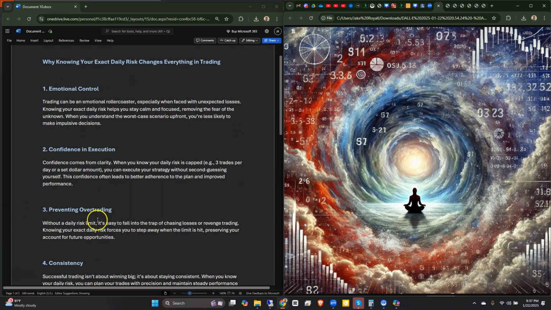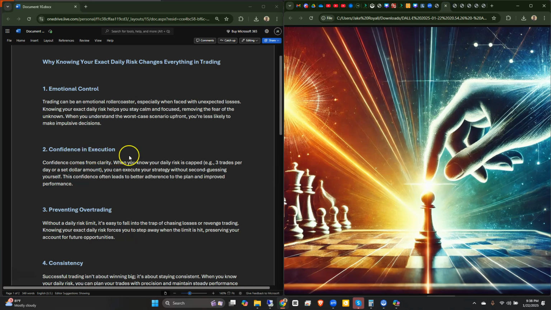I messed with the pictures. I forgot the pictures. Number 2, confidence and execution. Pretty cool little thing that ChatGPT made here. Number 3,